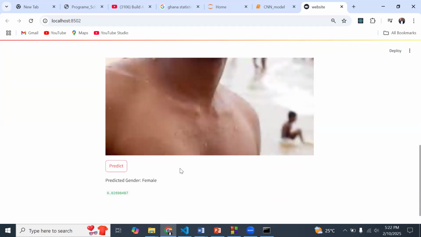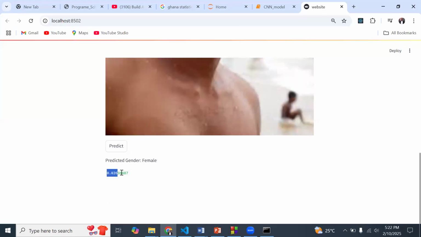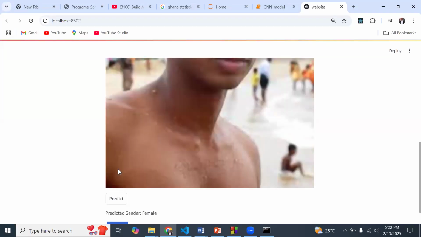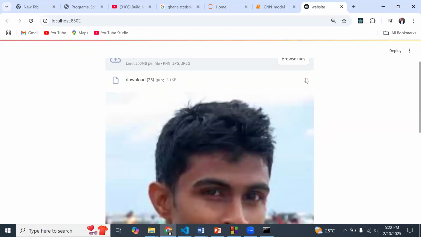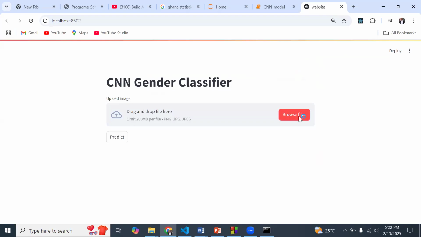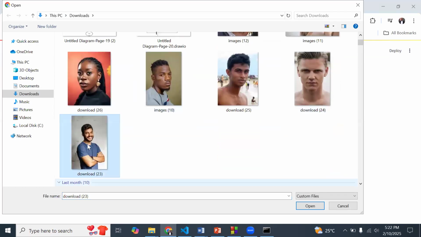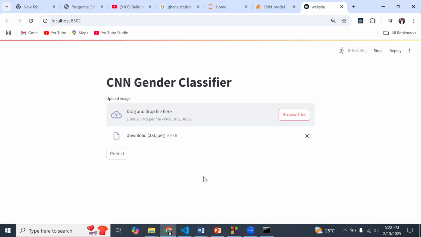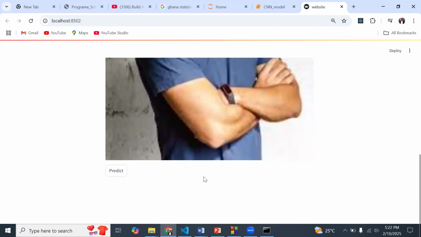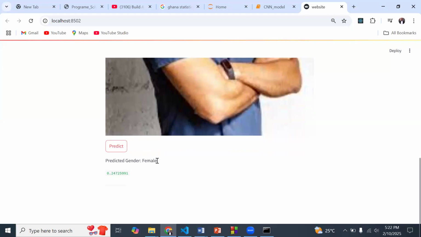And like I said, the model is not looking so good in terms of the value it gives us. This one too is way low. Let's try another one and see what we get. Let's try with the males, because I think the females are not having too many problems.